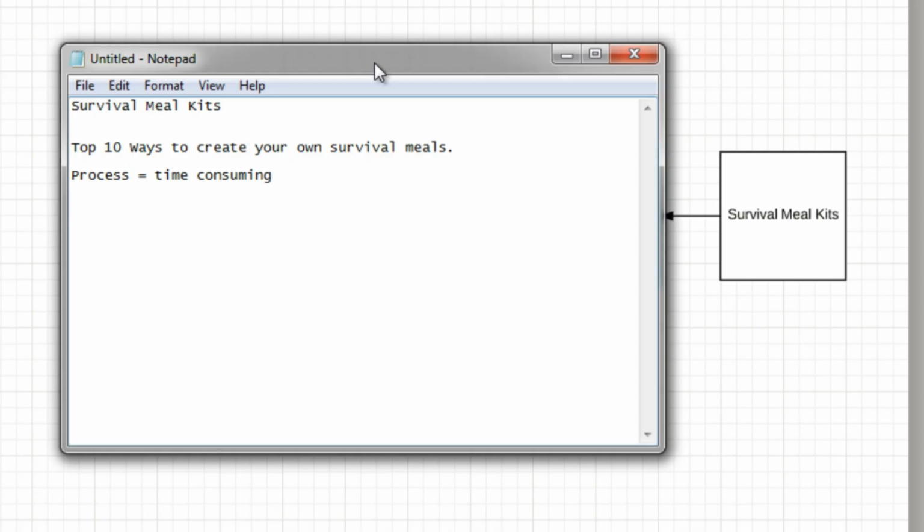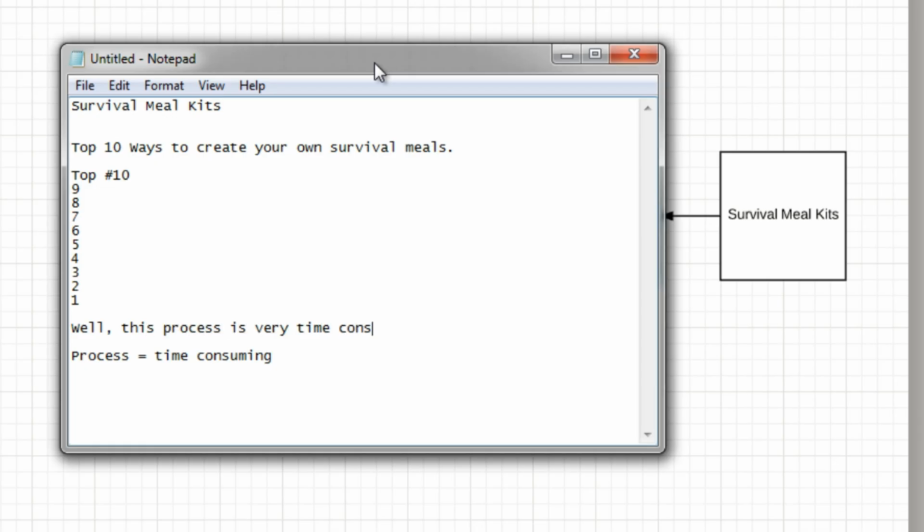So maybe you can talk about top 10 ways to create your own, start with number 10 and then go to 9, 8, 7, 6, 5, 4, 3, 2, 1 kind of thing. So maybe at the last one, you mention that and you say, well, this process is very time consuming. So if you don't have like 40 hours a week or something to create these meal kits, and you don't want to create it, and you want to skip that process,